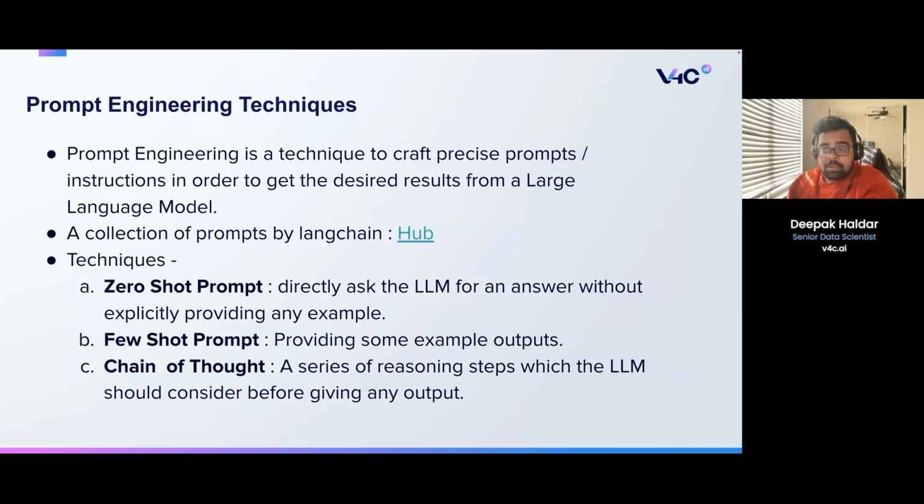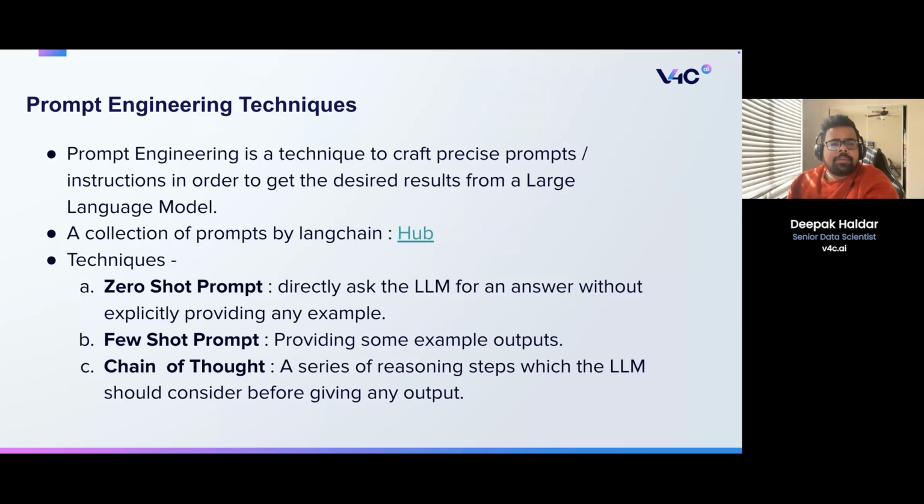One is zero-shot prompting. Zero-shot prompting is the simplest approach. You just ask the LLM your question directly without providing any example. For example, what is the capital of France? That can be the question, and the model directly outputs Paris. It's just a straightforward question and a straightforward answer. That's zero-shot prompting. But if you look at the second example, few-shot prompting, the second technique,